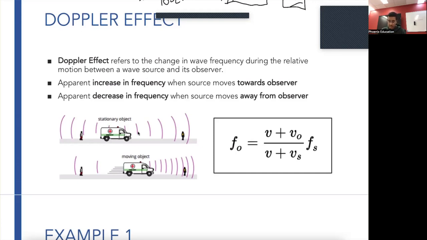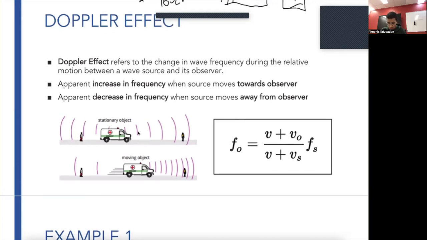So why this happens is, if we look into this ambient example, this stationary object is moving towards this guy over here. As it's moving towards him, each of these waves are being, think of it as they're being squished upon one another, right? So they're becoming closer and closer to one another, all right? And since each of the waves are becoming closer and closer to one another, the frequency is therefore what? It's increasing, right? Since this wavelength, the distance between each of the cycles, is decreasing, the frequency must increase,